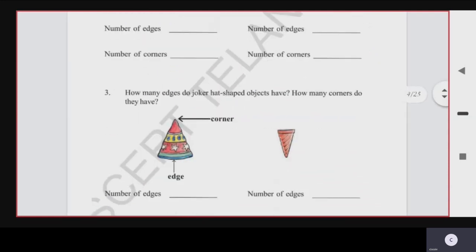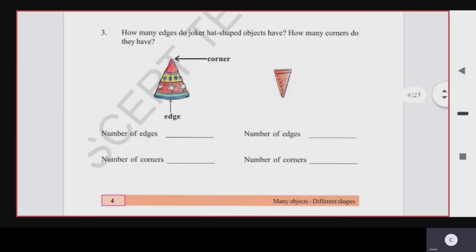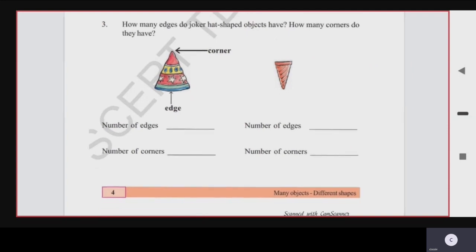The next one is, how many edges do joker hat shaped objects have? So joker hat shaped object means what is the 3D shape it is showing? Joker hat shaped object is the shape of a cone. Yes, it shows the shape of a cone. So how many edges does a cone have?